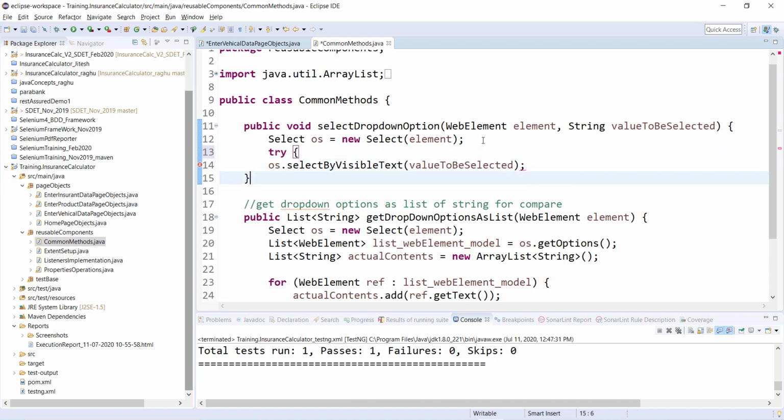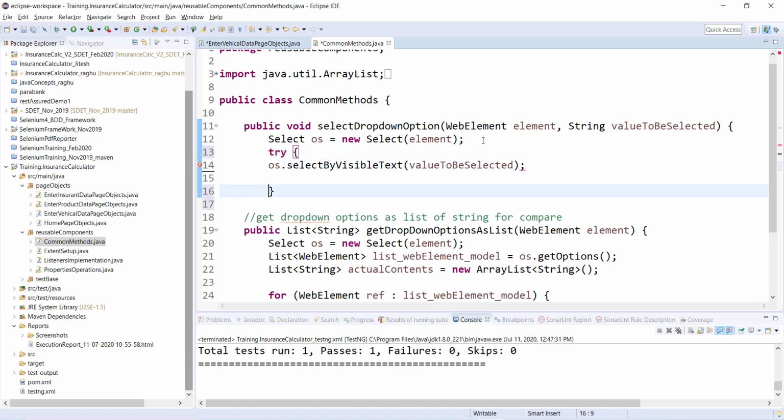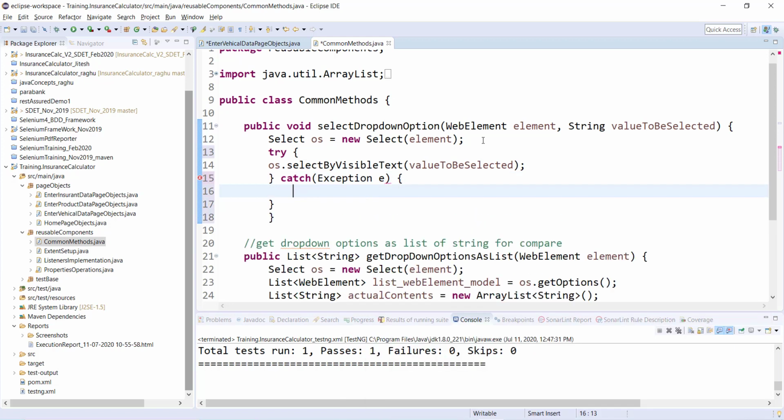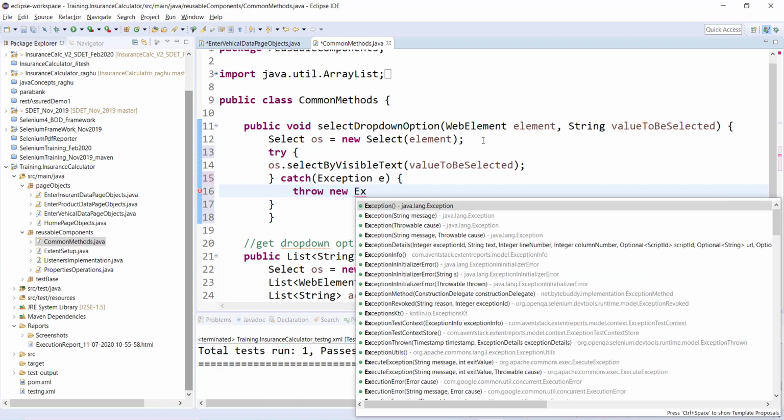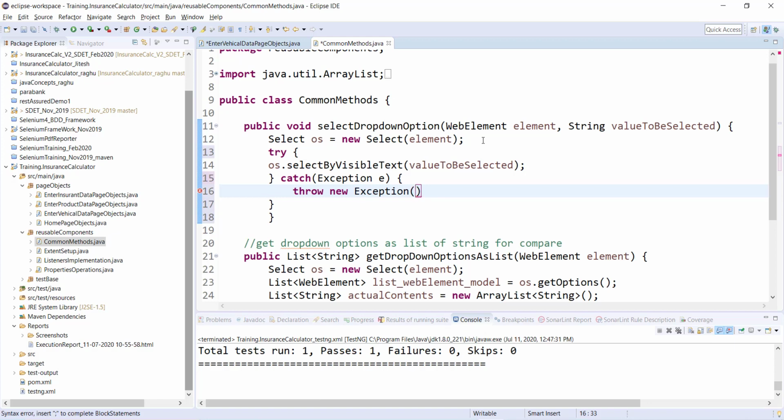So you will put it in a try catch block, and what kind of exception you want to catch. Let's say element not found, or could be anything, or let me throw the general exception e. And here you will throw new exception. Either you define the exception, or just throw it as a general exception and pass some meaningful message.